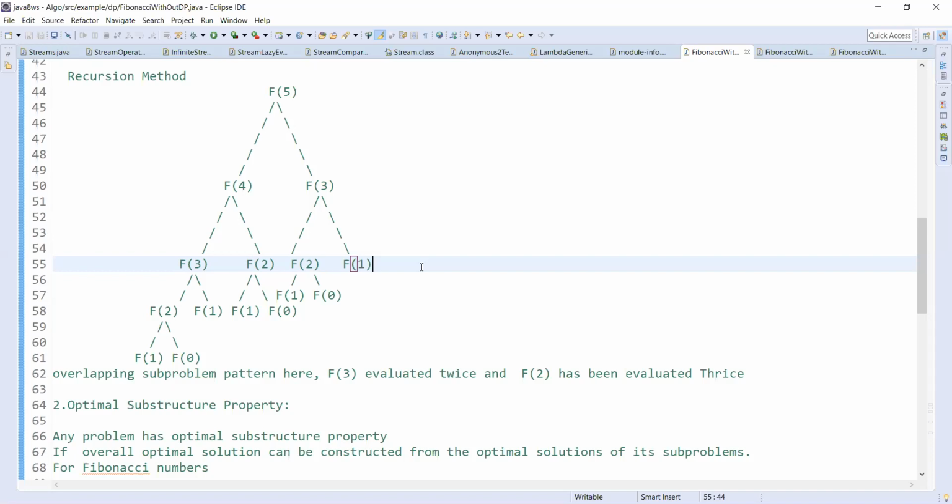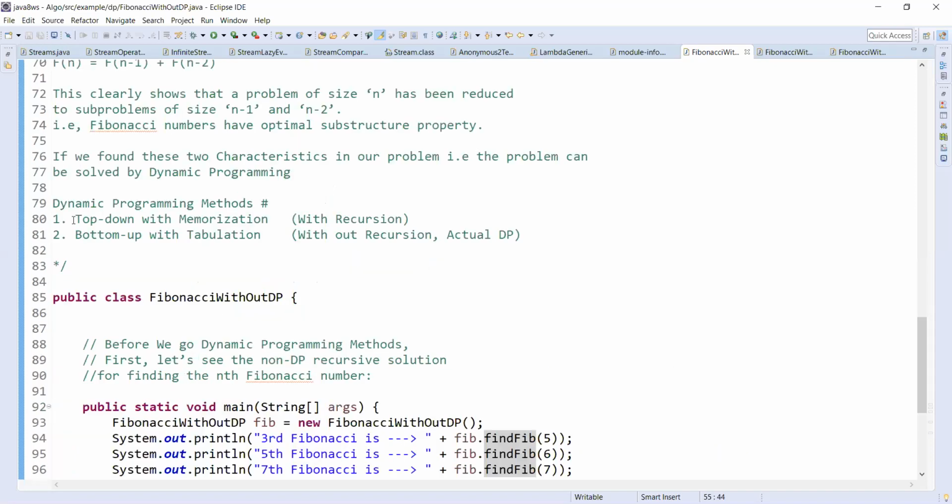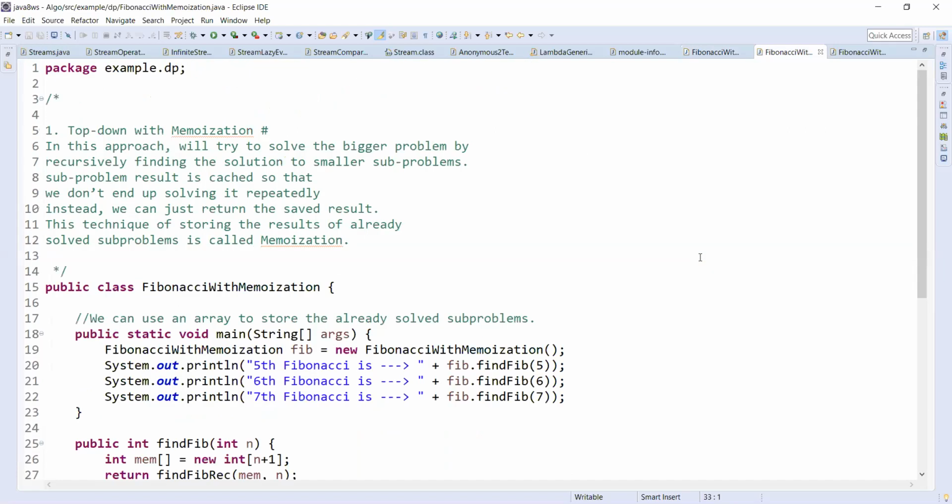That technique is called top down with memorization. We're still using recursion, but we're avoiding the duplication of computation by using memorization. This top down memorization approach tries to solve a bigger problem by recursively finding the solutions to smaller subproblems. Fibonacci of n is Fibonacci n minus 1 plus n minus 2.